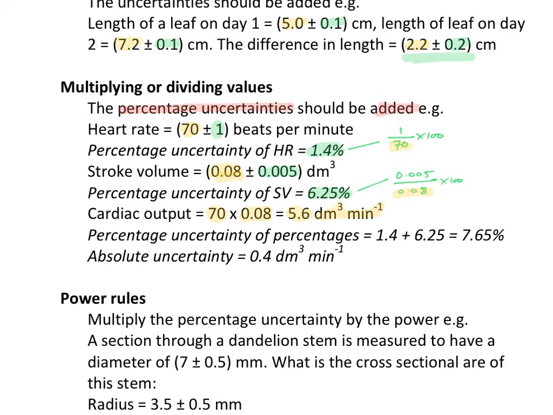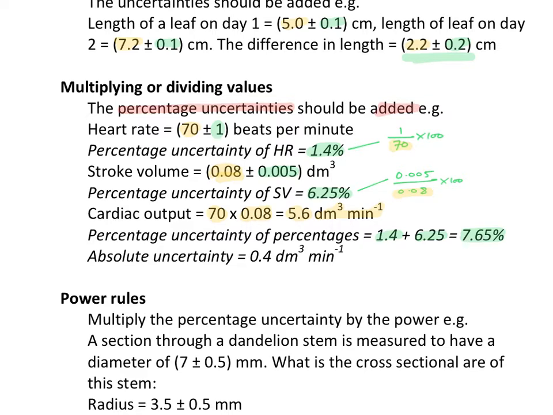So my percentage uncertainties were 1.4 and 6.25, from above. Therefore, my total percentage uncertainty is 7.65. So the absolute uncertainty is 0.4. So where's this 0.4 come from? Well, this just comes from the fact that,